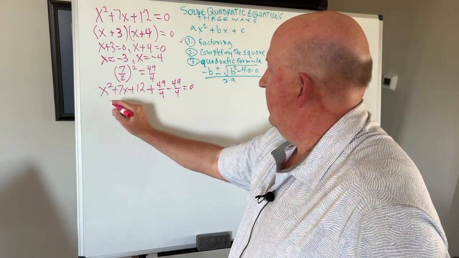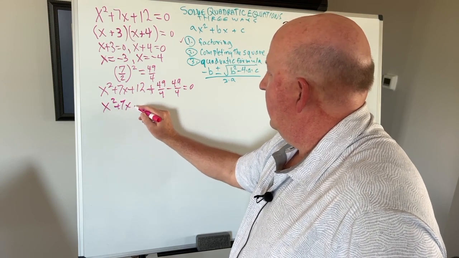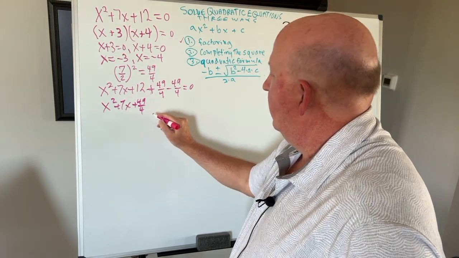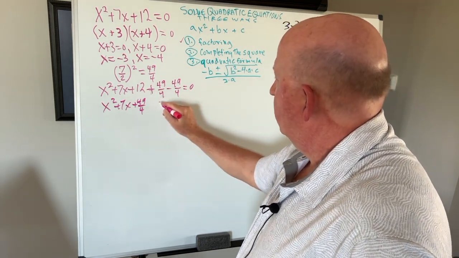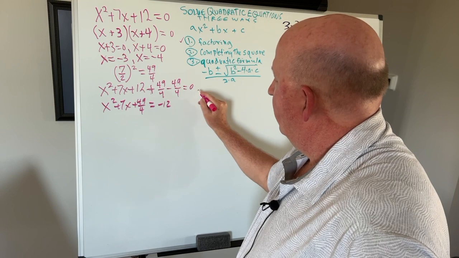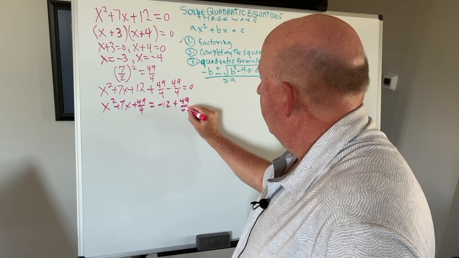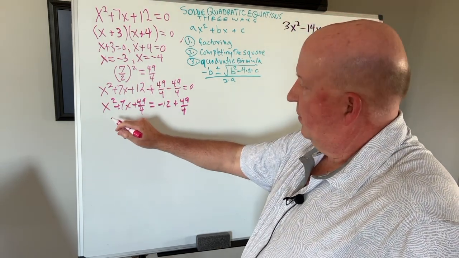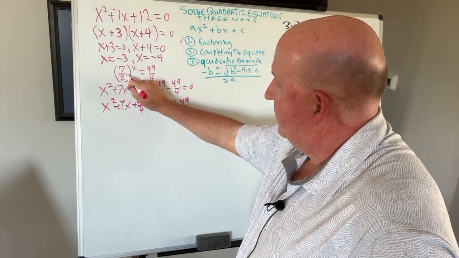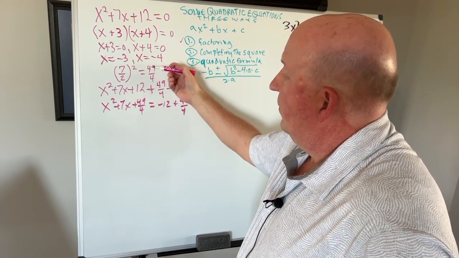So then, take x squared plus 7x, and I'm going to keep the 49 over 4 here. Then I'm going to subtract 12 on both sides, and add the 49 over 4 on both sides. Okay, so this is completing the square. That's what this means. That's why I did this divide in half and square it, so I could get this 49 over 4. So now I can take this